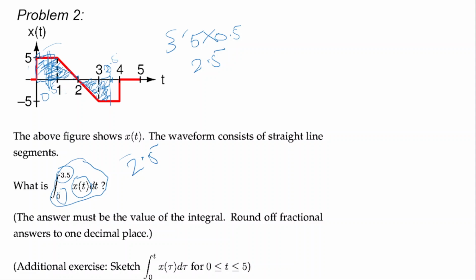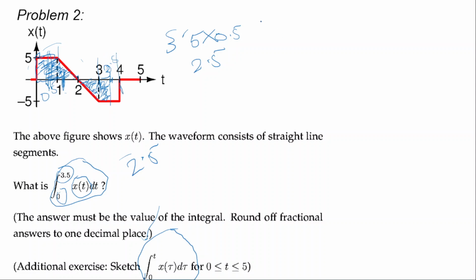Now in the next part it is asked to sketch, for the parameter t, how the area will vary as we vary t from 0 to 5. So now we need to divide, because the function characteristics are not the same throughout the range. We need to take three ranges. One is this range, and one is this range, and the other is the 3 to 4 range.